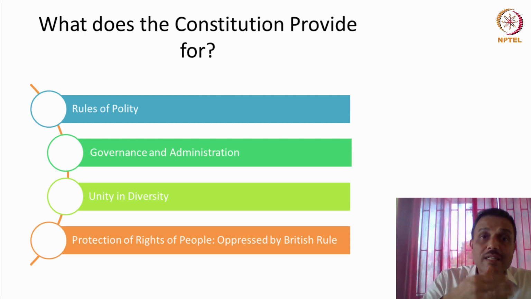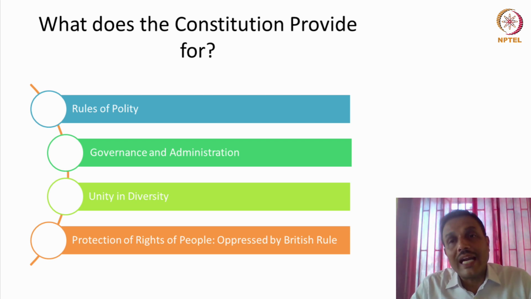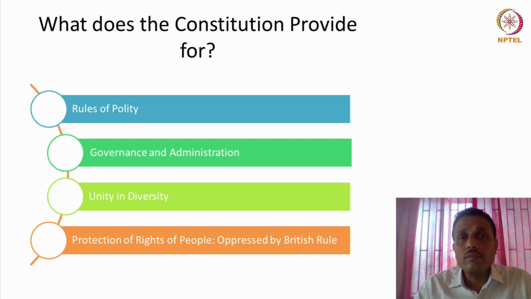So when you talk about the right to privacy, there are so many dimensions to it. It's not bodily privacy, it's informational privacy. And you're talking about the responsibilities of institutions like Facebook, WhatsApp, Instagram, LinkedIn, and so many others, where my personal data is available. But these companies may not be territorially bound by the rule of law in this country. The fourth generation of rights could include same-sex marriage, as the LGBTQ community is demanding today from the Constitution, as the case may be. So I think the rules of the polity is what the Constitution provides for: governance and administration, unity in diversity, and protection of the rights of people.